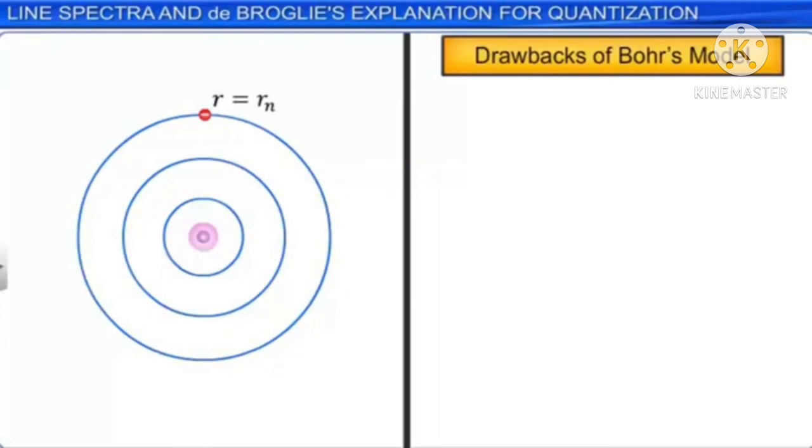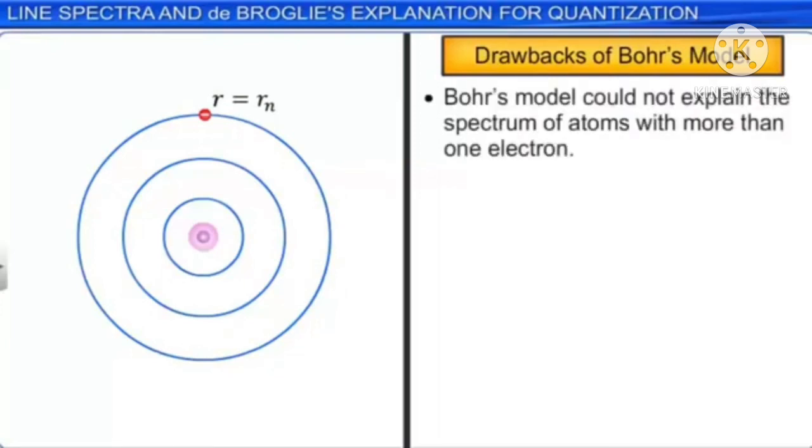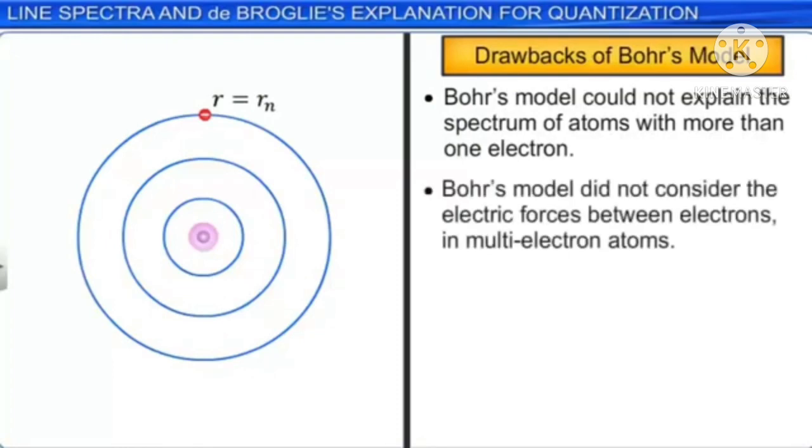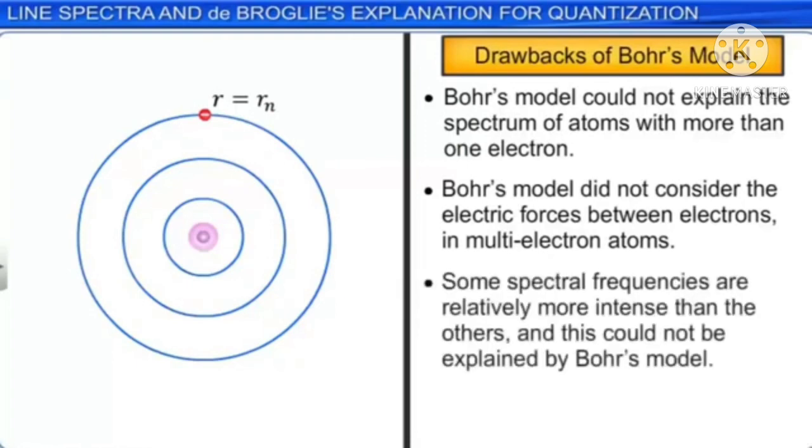Bohr's model included only the electric force between the electron and nucleus, but it did not take into consideration the electric forces between electrons in multi-electron atoms. Though the frequency of spectral lines was correctly predicted by Bohr's model, some frequencies are relatively more intense than the others. Bohr's model could not explain this fact. Thus, the atomic model